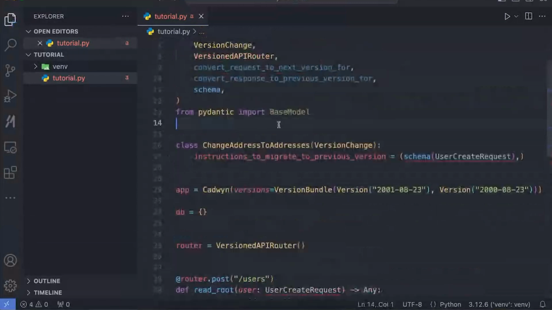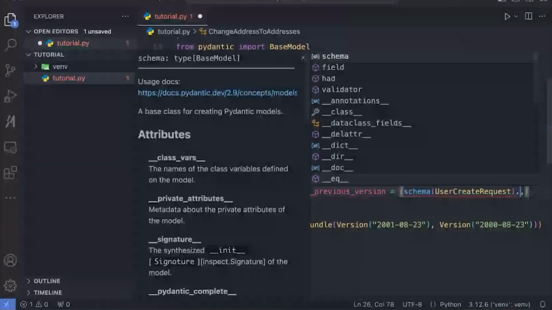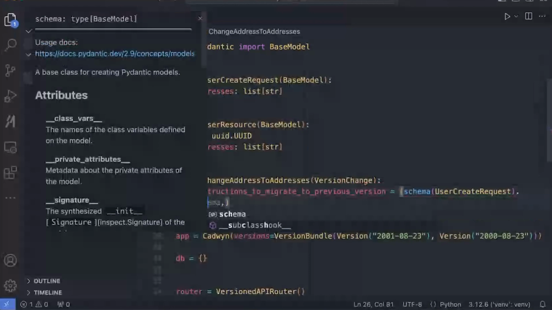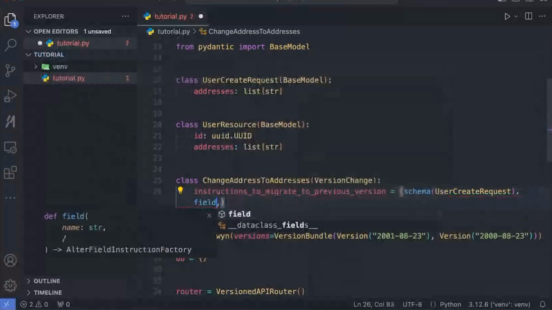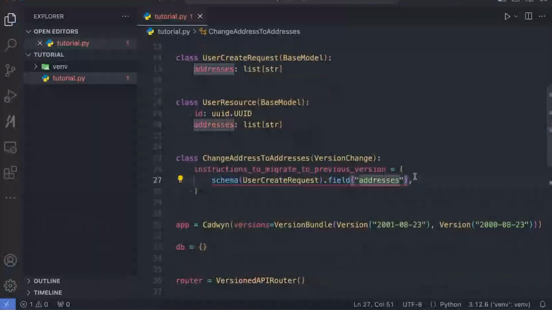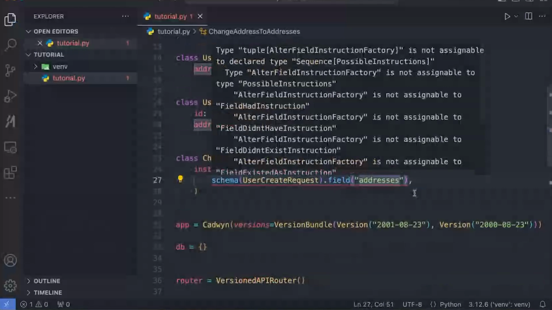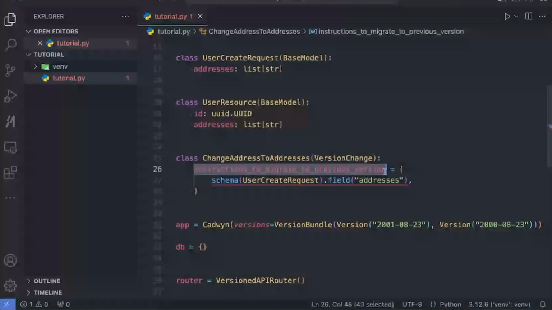And now let's take these schemas. Let's put them here. And now in Cadwyn's DSL, we describe, okay, user create request dot field, let's say addresses are actually, so here we're not describing how to migrate from 2000 to 2001. This is why they're migrating to previous version. And here we describe how to migrate back.